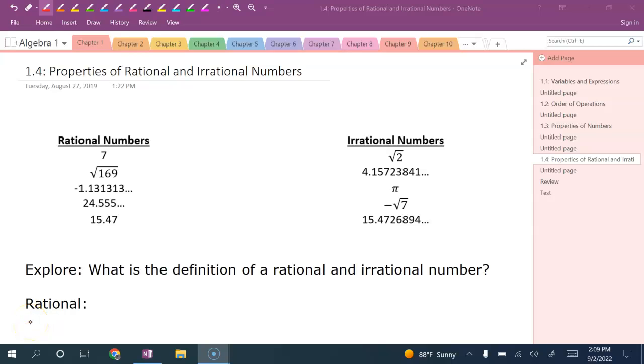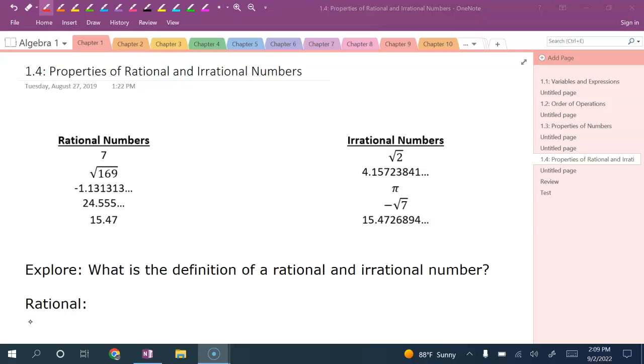Chapter 1, Section 4 is going to be over properties of rational and irrational numbers. So in this section, we are going to go over what the definition of a rational and irrational number is and be able to see some examples of them. And then we're going to be looking at what starts happening if we start performing operations with rational and irrational